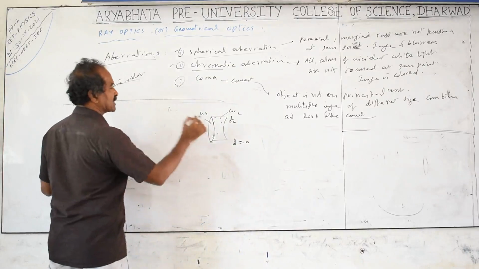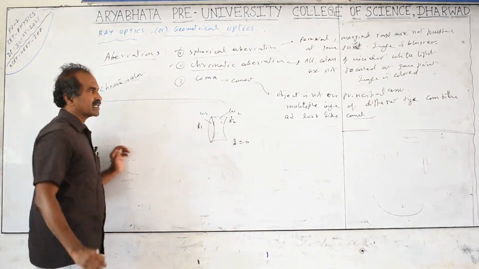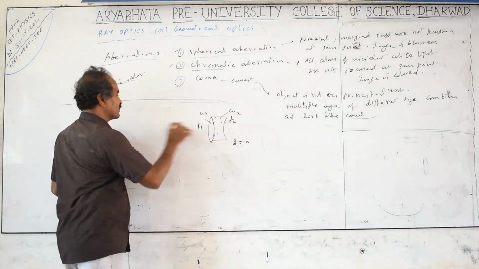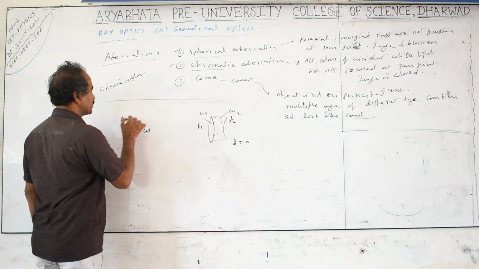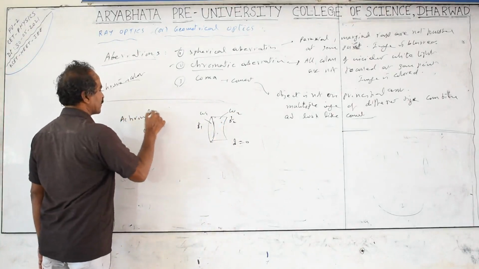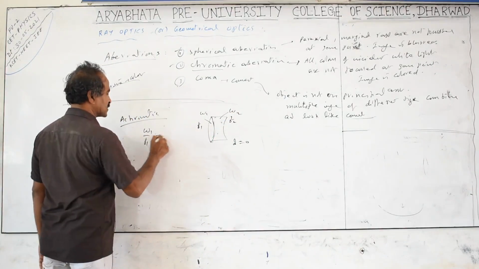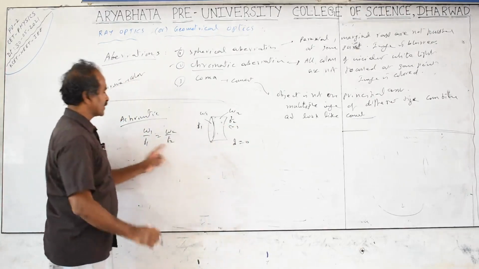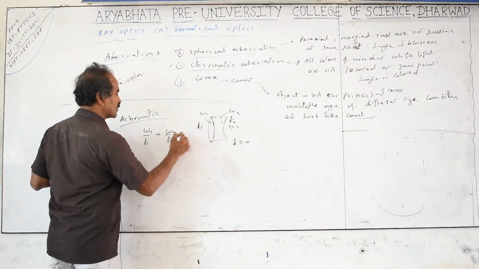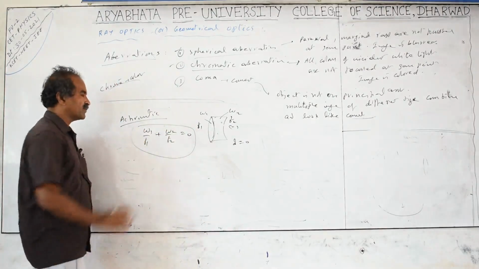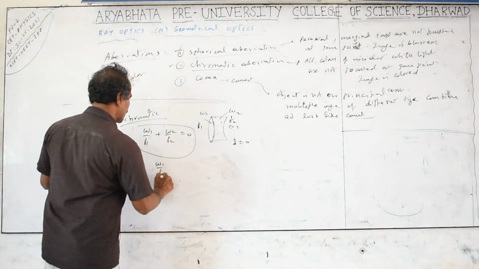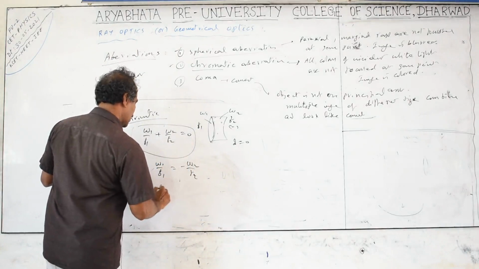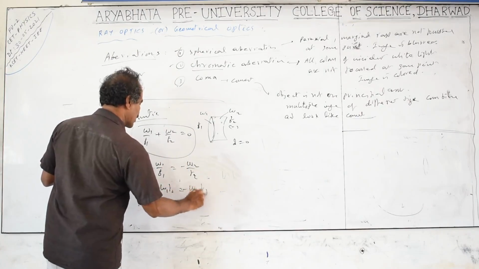A combination of convex and concave is taken such that, in terms of omega, the dispersive powers. This form is only for JEE and NEET. The condition for achromatic conditions, meaning elimination of chromatic aberration: omega 1 by f1 is equal to omega 2 by f2. For a concave lens the focal length is negative, so it becomes omega 1 by f1 plus omega 2 by f2 equal to 0. This is the condition required. If you take it to the other side, omega 1 by f1 is equal to minus omega 2 by f2. Cross multiplication, omega 1 f2 equals minus omega 2 f1 is the condition required.